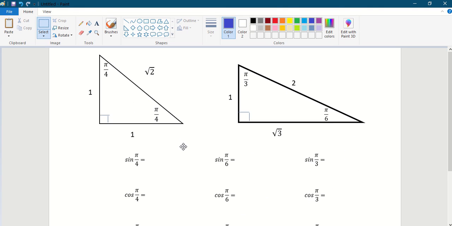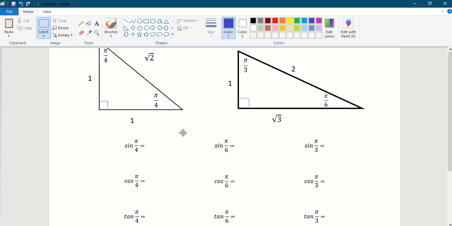If it was in radians, okay, let's quickly write down here that 45 degrees is equivalent to pi over 4 radians. 60 degrees is equivalent to pi over 3 radians, and 30 degrees is equivalent to pi over 6 radians. Okay, and then again using SOHCAHTOA,